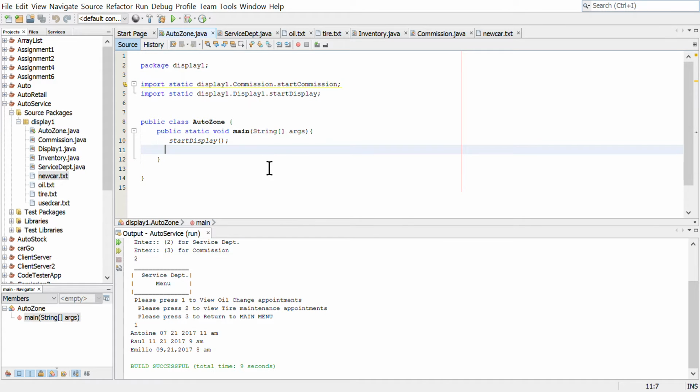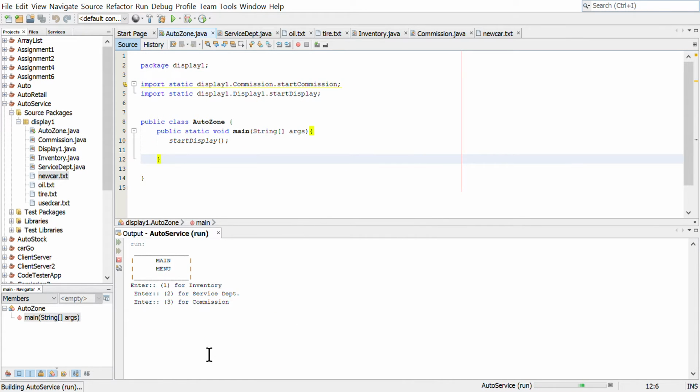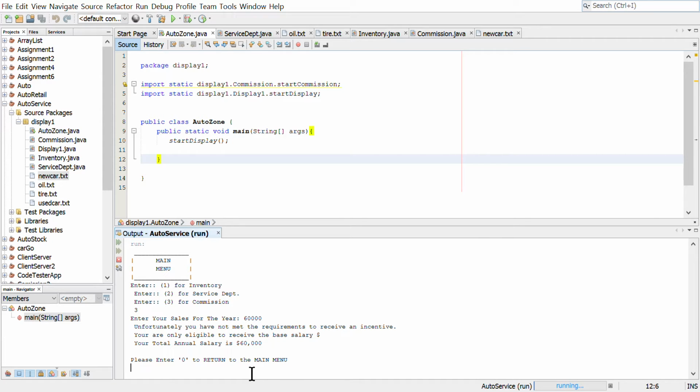And there's AutoZone. Let's run the file again and see, you're a salesman and you want to see how much you made for the year selling cars. It'll ask you to enter your sales for the year. You made 60,000 in sales, and unfortunately, you have not met the requirements to receive an incentive. Yes, my incentive program is very strict. You got to make a certain amount, so your annual salary is 60,000, and then it'll ask you to return